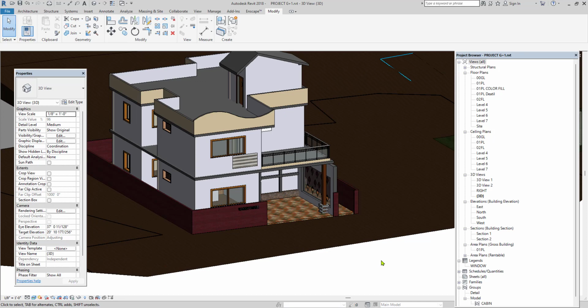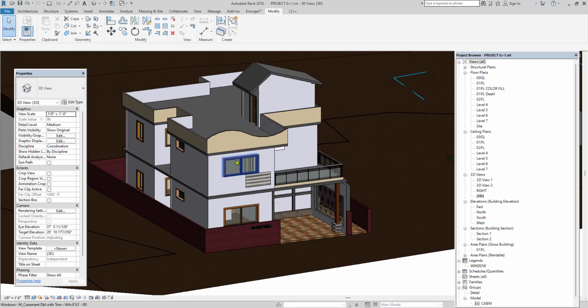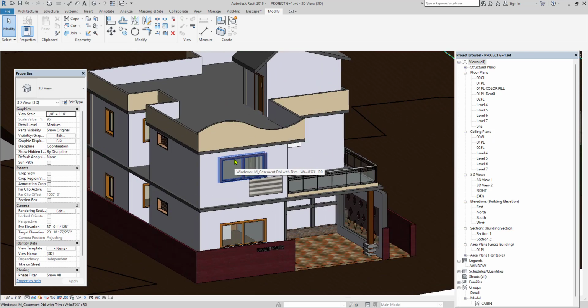This is how we use the extrusion option. Not only for the column, you can do plenty of design parts. In Revit we have only one option to decorate our model, that is extrusion. By using the same extrusion, now we can learn how to decorate our model and how to create the edges for the windows.